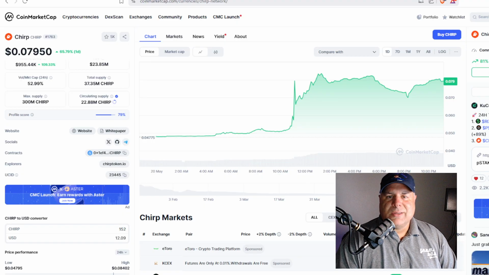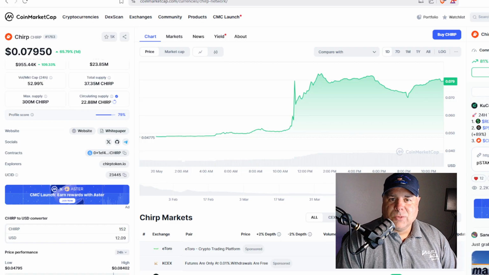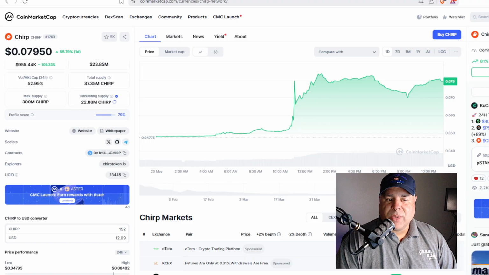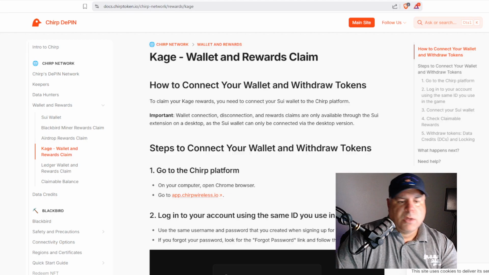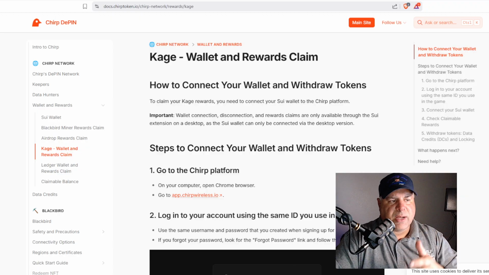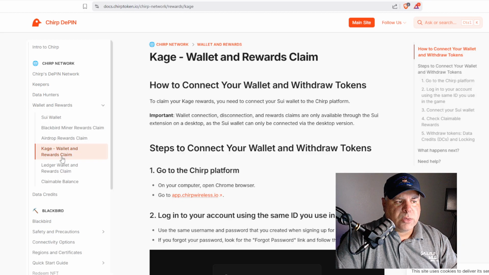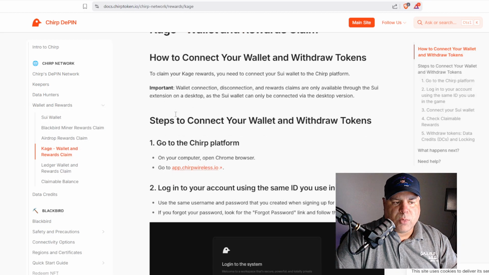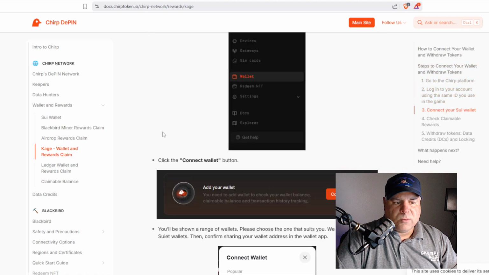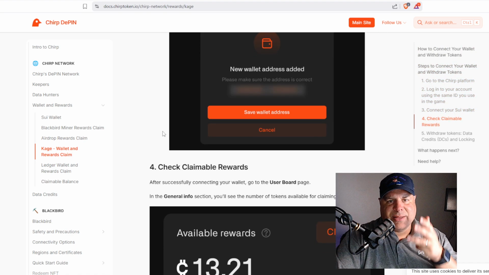Chirp Blackbird is, last I knew, $850. Chirp Kage, for you to participate, is free. So if you go to docs.chirptoken.io, you can see the docs page. You can go over here to wallets and rewards, Kage wallet and rewards claim, and it walks you through. You should already have a Sui wallet